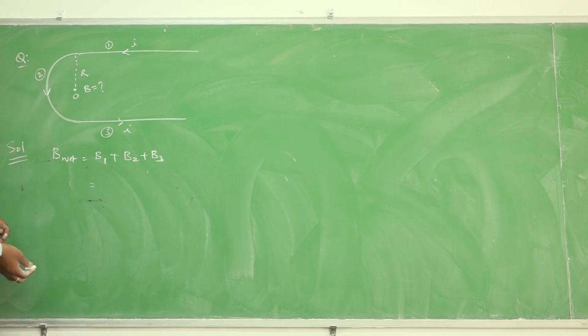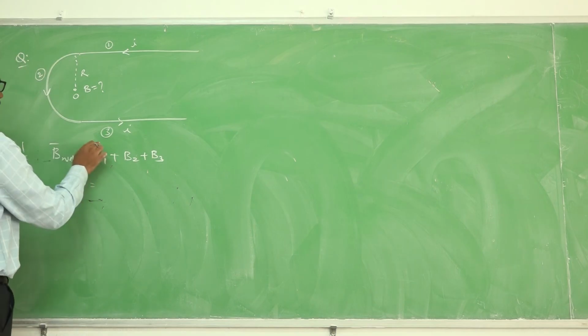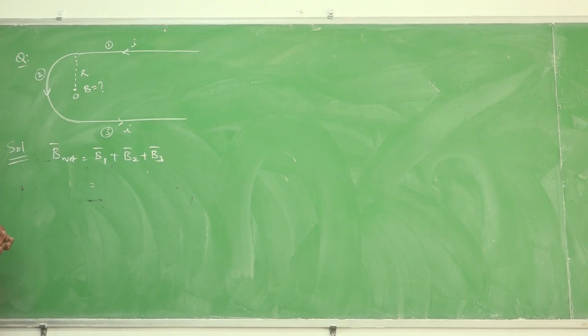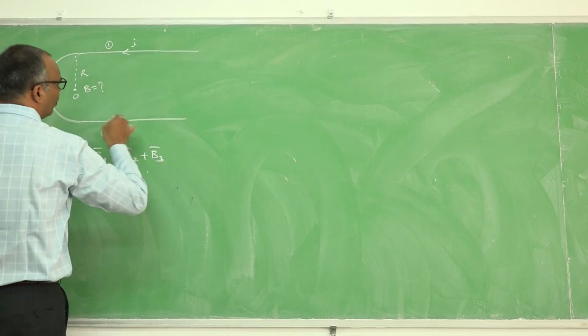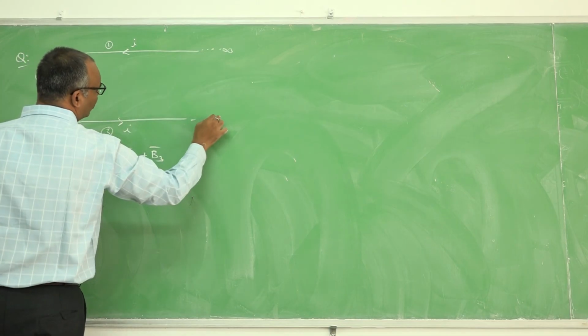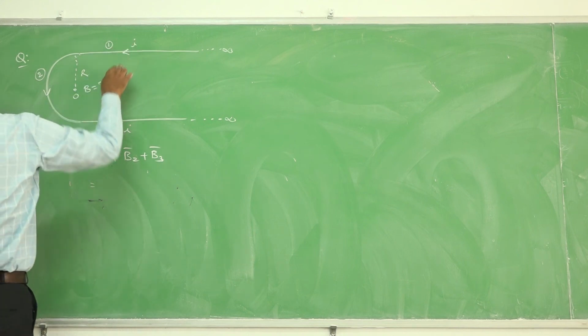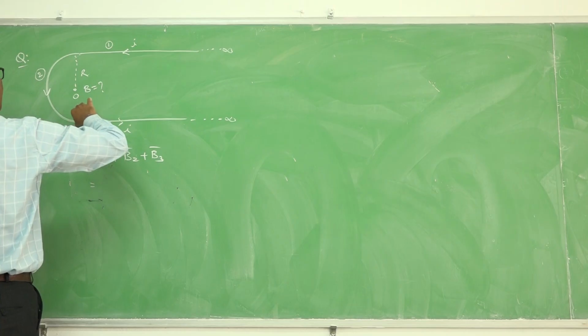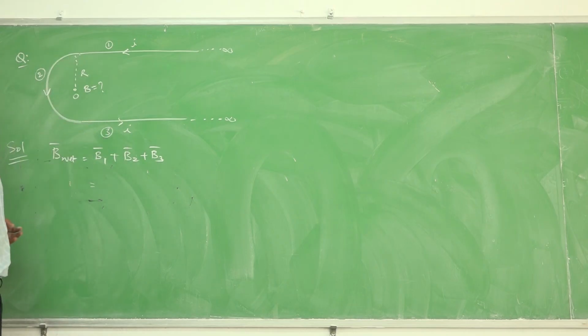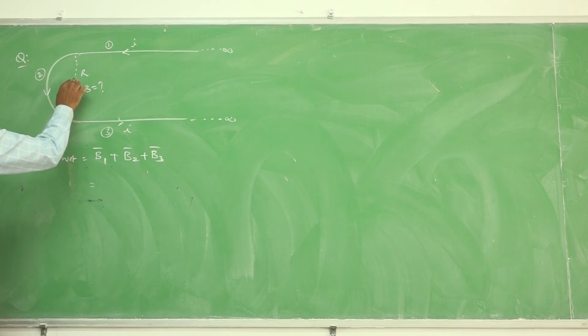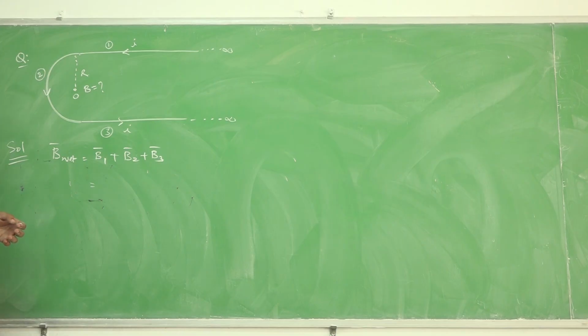Out of the paper means all the three are positive. Net magnetic field is like this. All the three magnetic fields are out of the paper. Clearly, it is a semi-infinite wire. It is extended up to infinity. It is also extended up to infinity. So it is also semi-infinite wire. So we know the magnetic field due to this wire and this wire. This is a semicircular wire. Because of the semicircular wire, what is the magnetic field here? By knowing that value, you can get the result for this question.